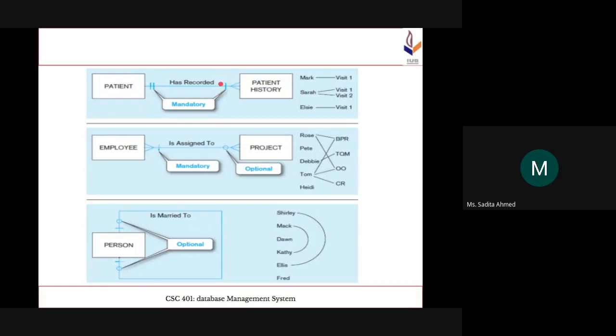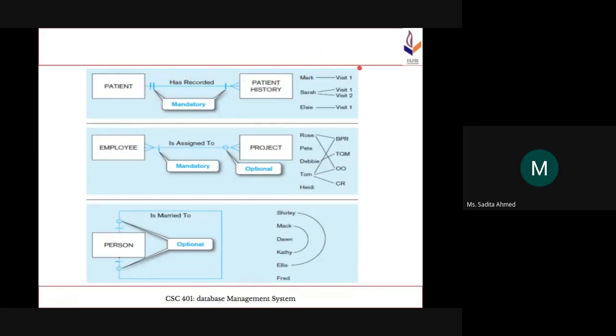Mandatory মানে হচ্ছে কি প্রত্যেকটা পেশেন্ট ইনস্টেন্সের at least একটা পেশেন্ট হিস্ট্রি রেকর্ড থাকবে, বাট একটার বেশিও থাকতে পারে। বাট একটা সিঙ্গেল পেশেন্ট হিস্ট্রি রেকর্ডে একজন পেশেন্টেরই রেকর্ড থাকবে, এক্স্যাক্টলি একজন পেশেন্টেরই রেকর্ড থাকবে, নট মোর নট লেস।